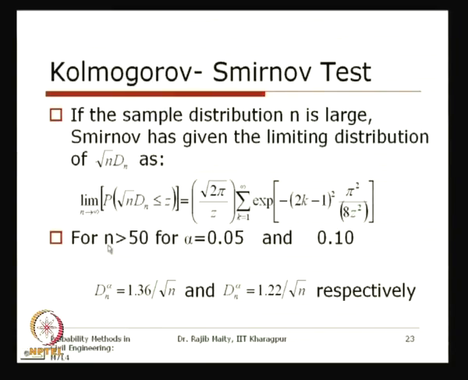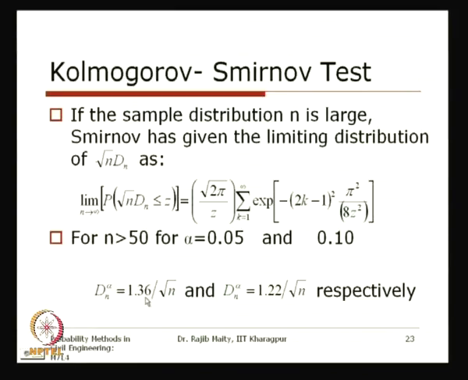So for n greater than 50, sometimes in some textbooks it is n greater than 35 itself, and for alpha equals 0.05, that means this right hand side is equated with 0.95, and if you calculate the value of z considering only k equals 1, you will see that z becomes very close to